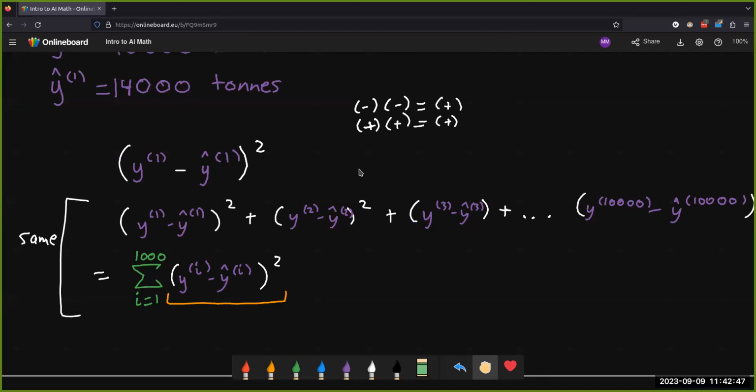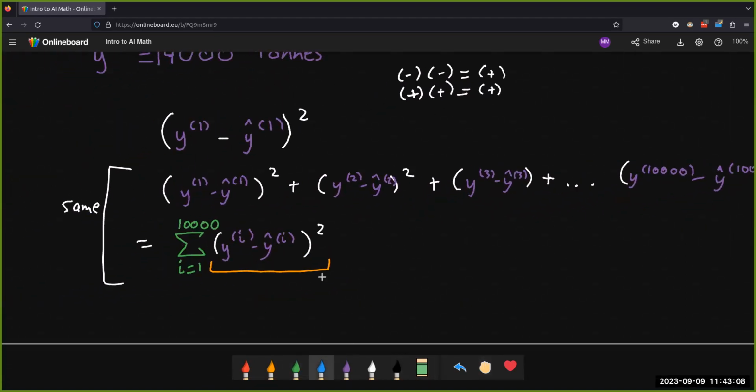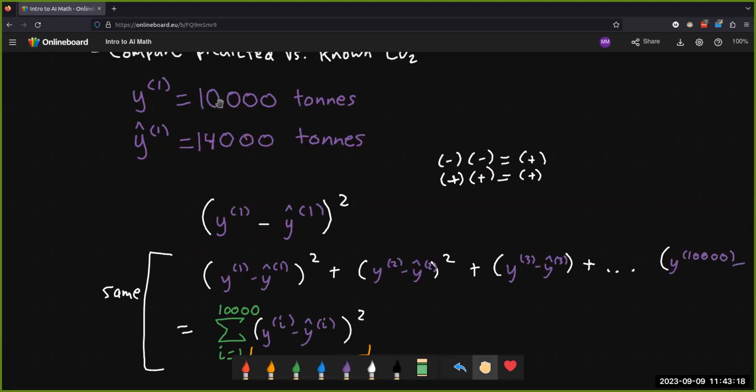Does it go up to 1,000 or 10,000? Yes, you're right. It should be 10,000. Thank you. So it goes up to 10,000. Anyone have any questions about this? Just this alternative notation so that we don't have to write out this big, ugly sum? If not, just one last thing to note is that this is a very, very big number. Like I said earlier, even if you just do it for the first example, you get like 16 with a lot of zeros.